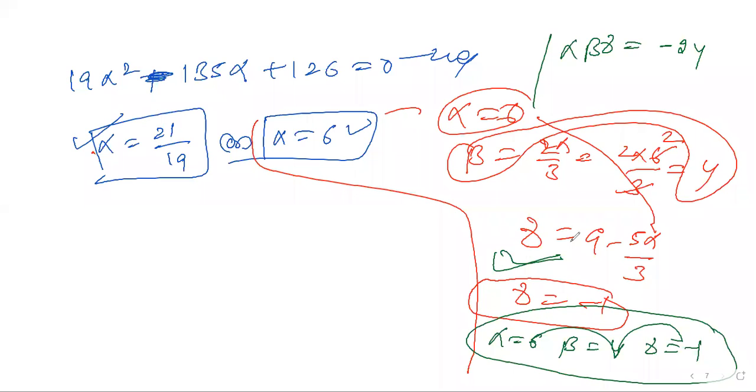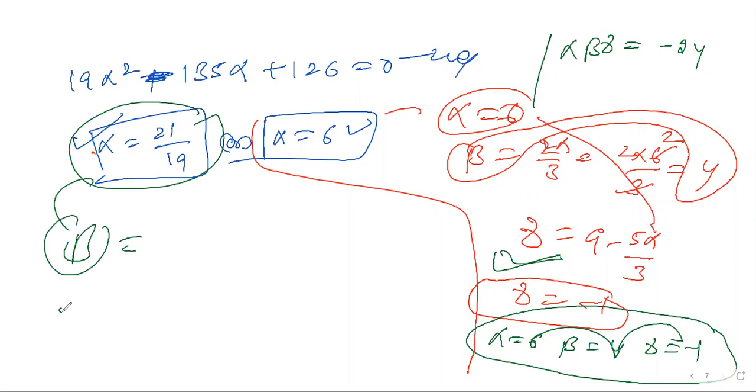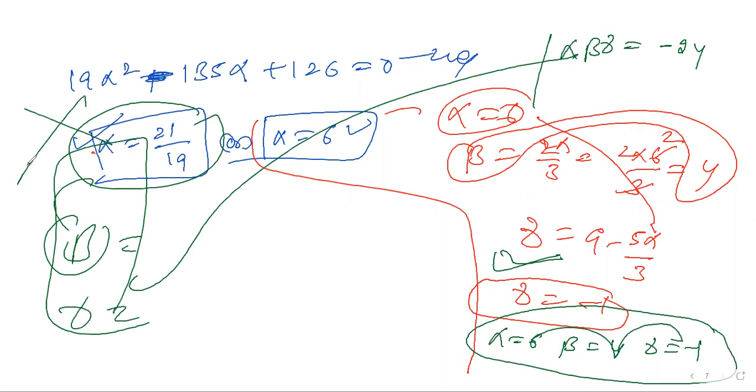If you take alpha is equal to this, then try to find beta, then try to find gamma, it might not satisfy this condition. That is what I'm not supposed to enter into. If you have any doubt, you can look into that and understand the problem you are facing here. Clear? That is what is happening here. Third is over.